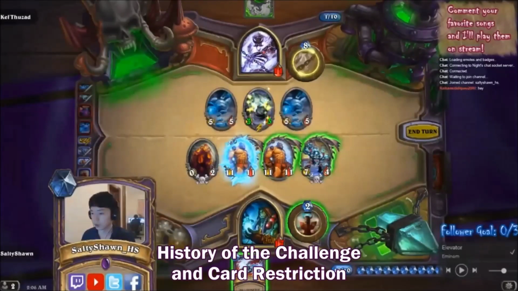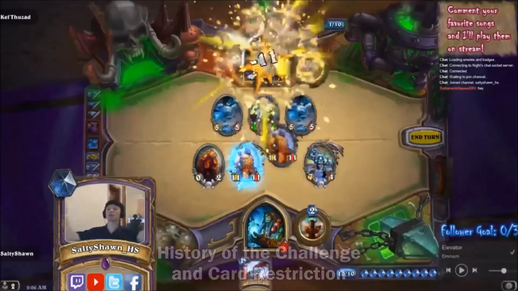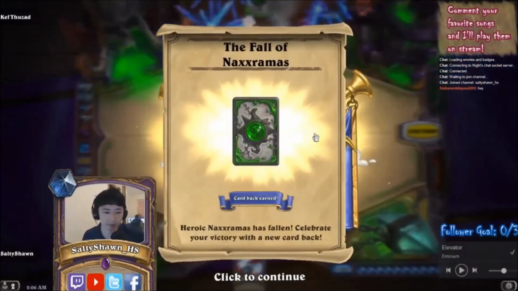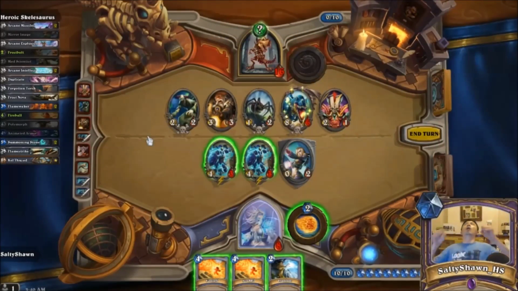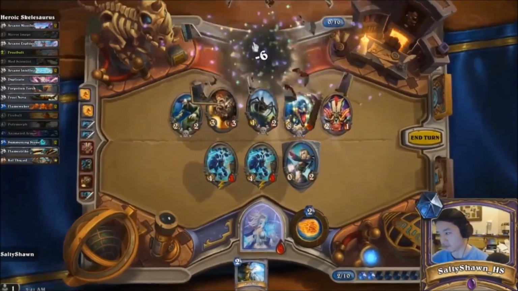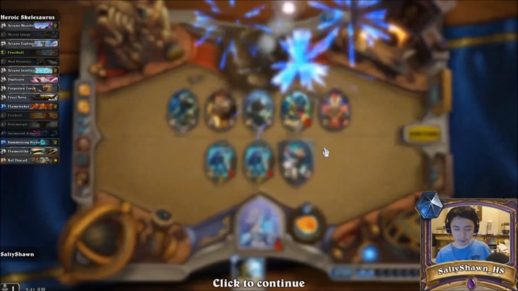For the history, I've already completed this challenge on Curse of Naxxramas and the League of Explorers Adventures, and in both challenges, I've made restrictions on my card collection to up until the time the heroic mode of that wing becomes available. For example, if I'm going to do the challenge on the first wing of Naxxramas, cards from the second wing and on, or Blackrock Mountain, League of Explorers, cards are not allowed, because they weren't released at that